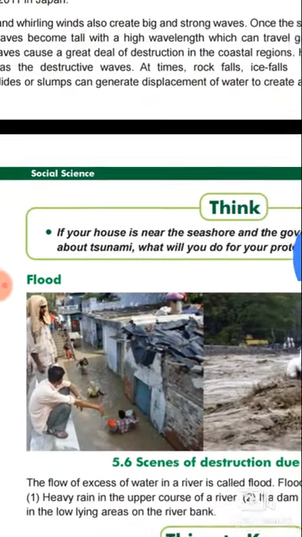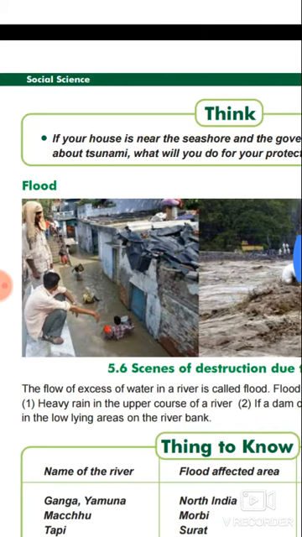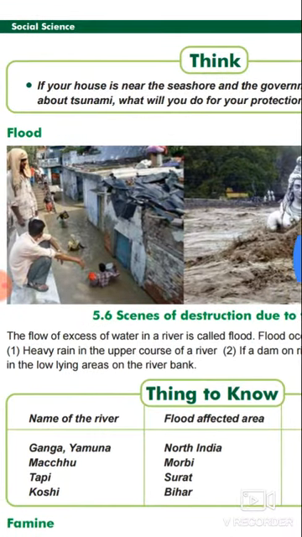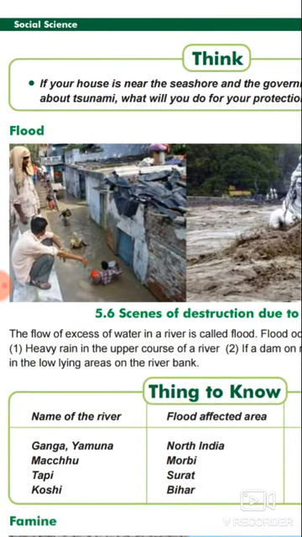You can see here flood, and in the picture you see the scenes of destruction due to flood. Dear student, the flow of excess water in a river is called flood. What is flood? The flow of excess water in a river is called flood. The flood is the most common type of natural hazard